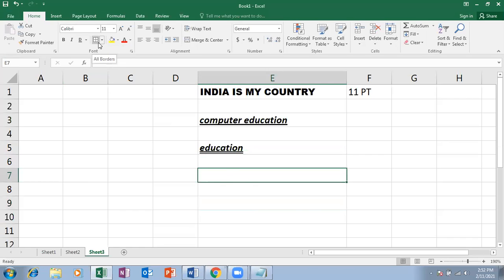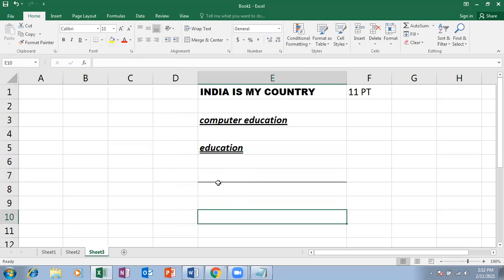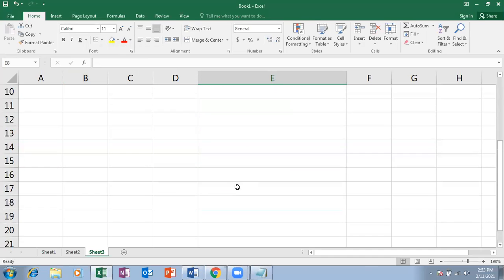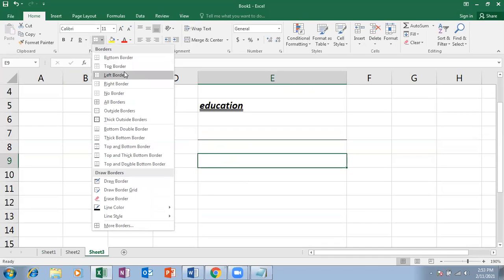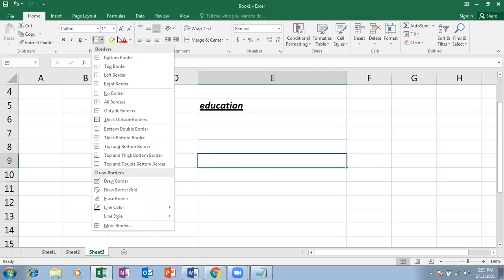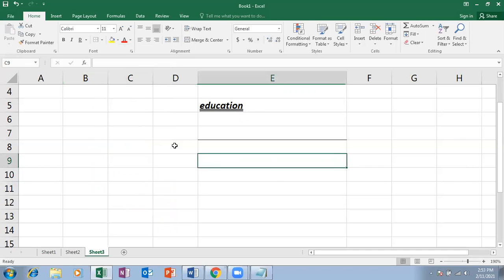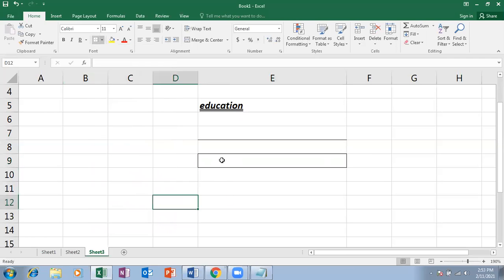So next we are going to see borders. Click on this arrow mark, bottom border. Can you see, for this particular cell the bottom border has been applied. And here top border, left border, right border, bottom border.